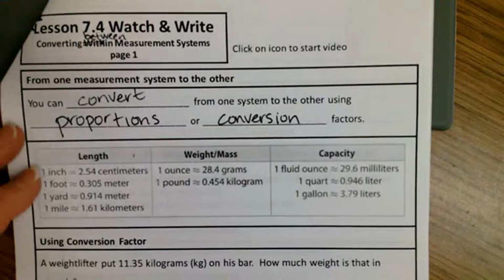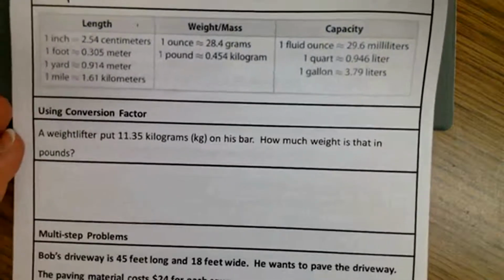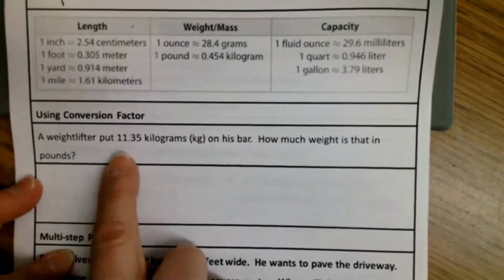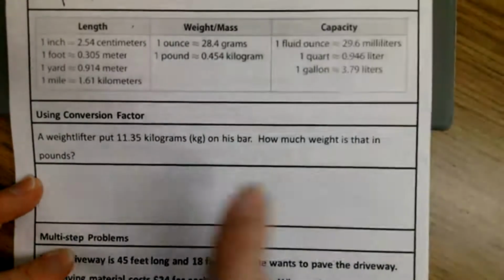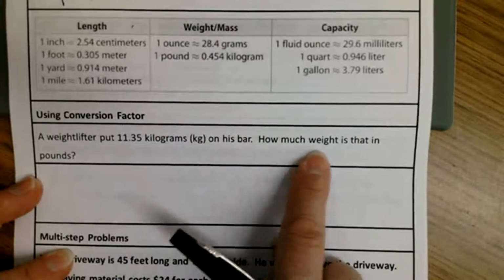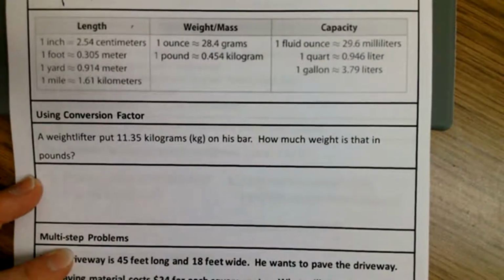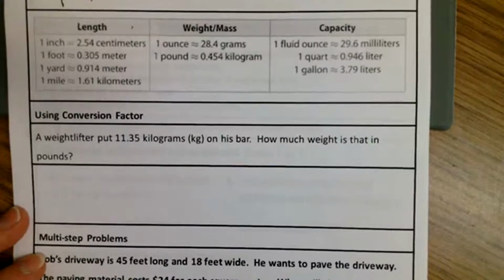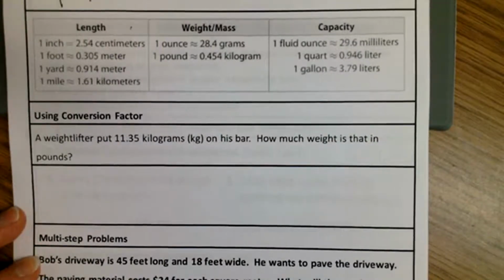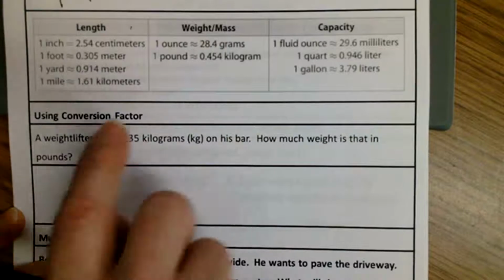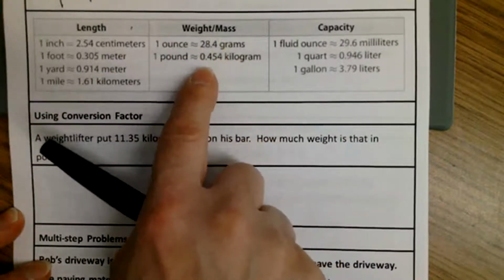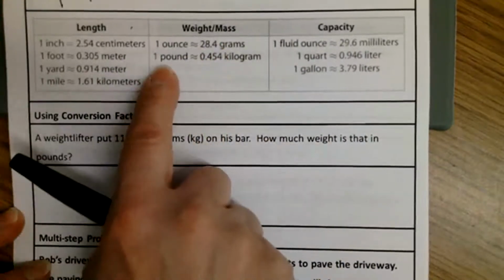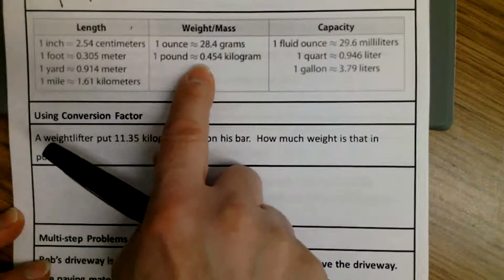Now, the first problem says a weightlifter puts 11.35 kilograms of weight on his weight bar. How much weight is that in pounds? So he put 11.35 kilograms on his weight bar. We want to know how much he put on his weight bar in pounds. So we're going to look at our table here. See how it says mass or weight? We're talking about weight here. So we have 1 pound is approximately